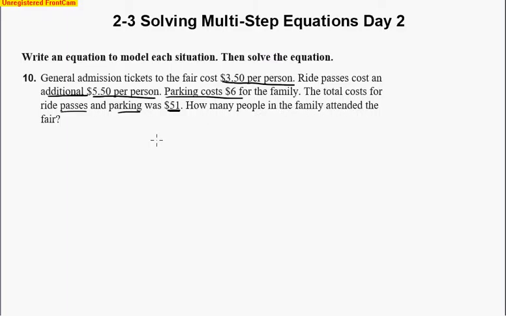Okay, so we're going to say P equals the number of people in the family. So I've defined my variable. Now we're going to set up an equation. First thing is that the fare costs $3.50 per person. So one person pays $3.50, but there's more than one person in this family. So we've got to put the number of people in the family times